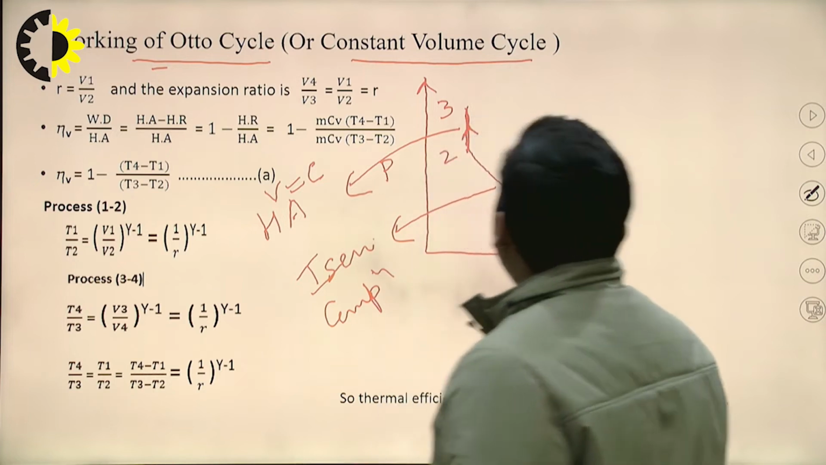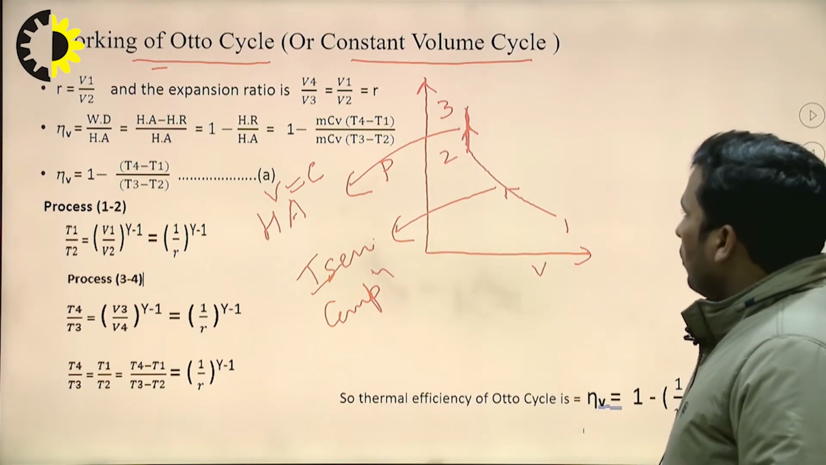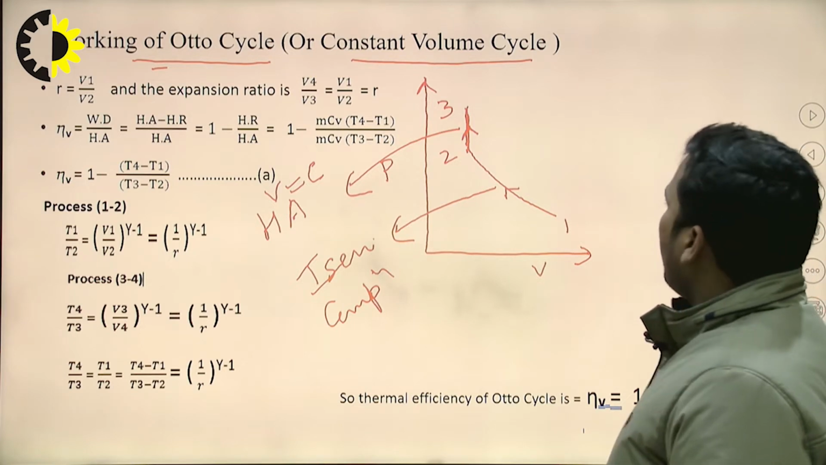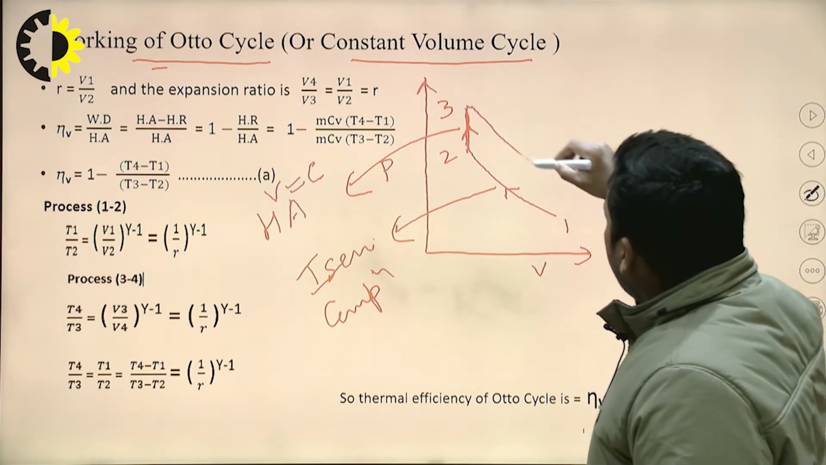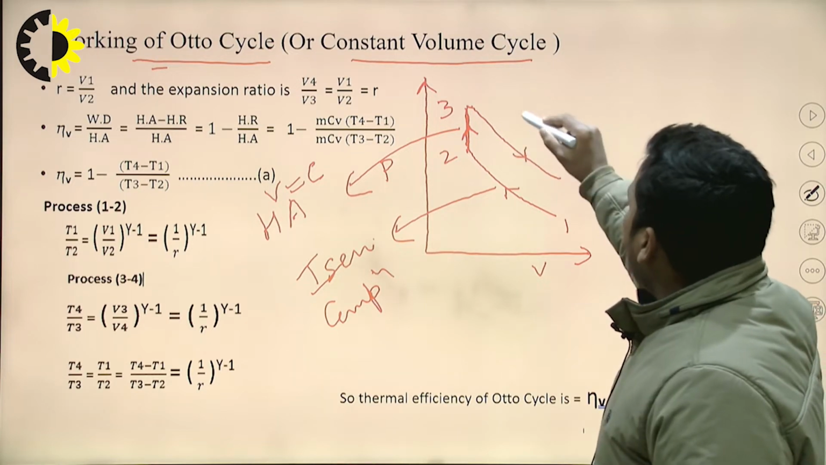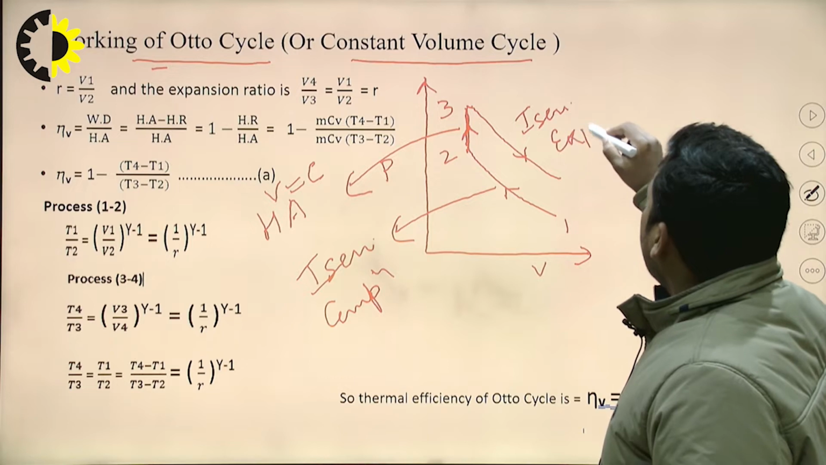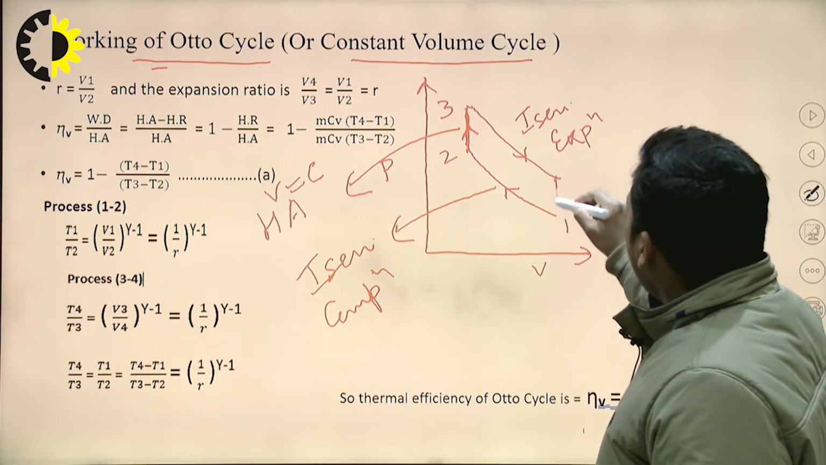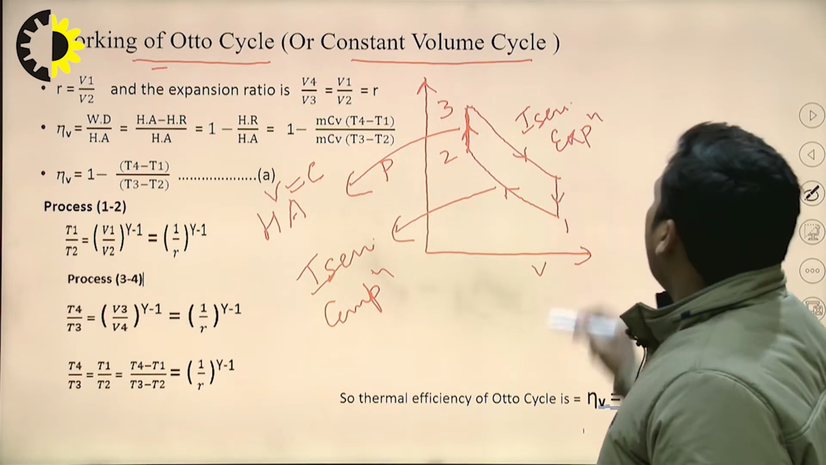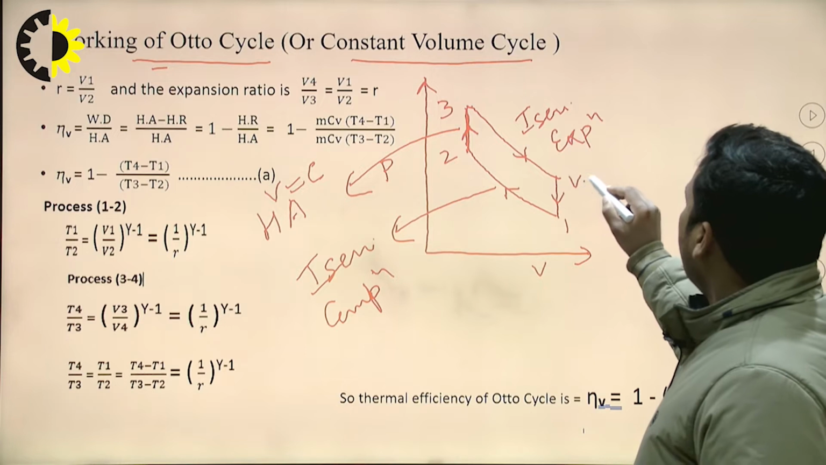process. And due to this maximum pressure, the piston will move from top dead center to bottom dead center, and process 3 to 4 is known as isentropic expansion process, and process 4 to 1 is known as constant volume heat rejection process, constant volume